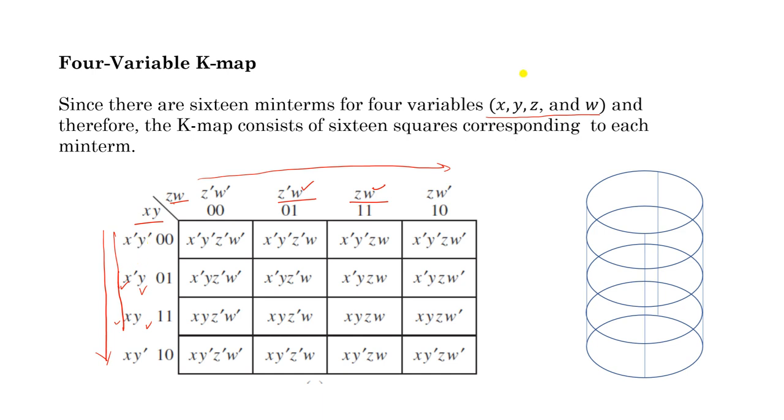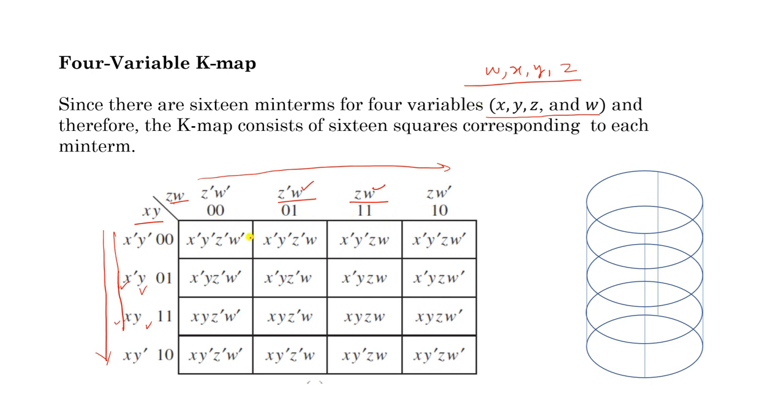So you can change the order of the variables, you can write it w, x, y or z, but you have to write all these terms accordingly. Meaning 00, 01, 11 and 10 in this format, here in this format. Otherwise, if you change this order, this will not remain a K map. So this thing is very important and you have to keep this in your mind. You can change the order of the variables, but you cannot change this format.